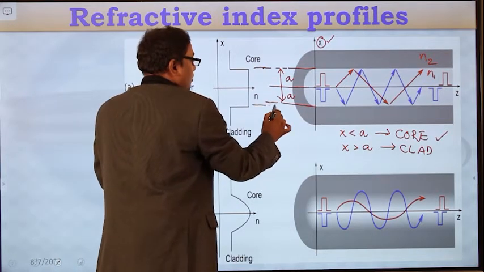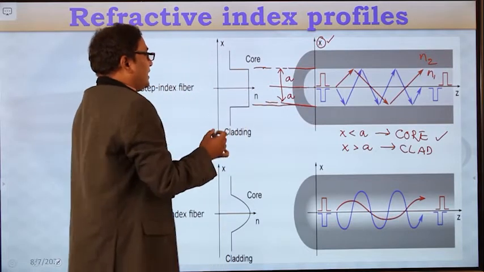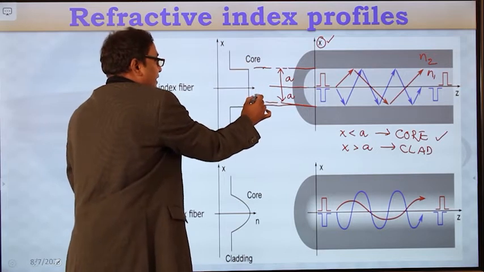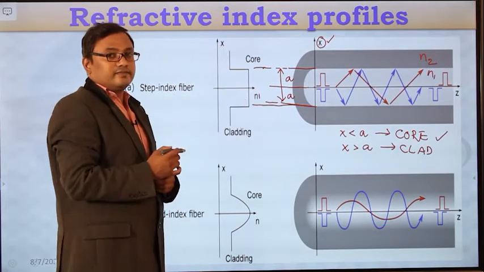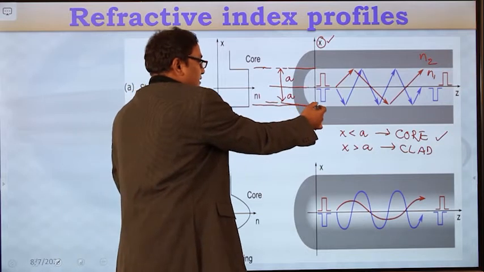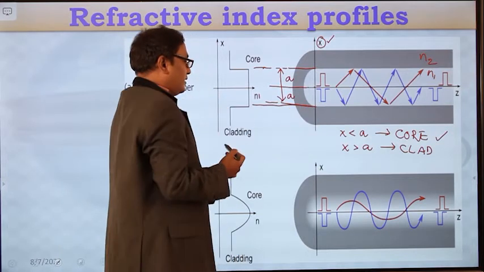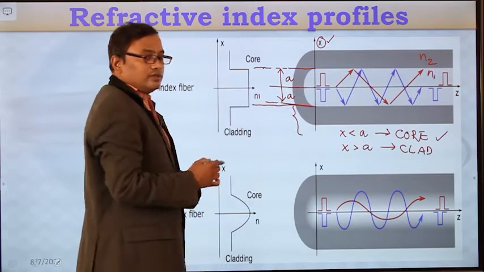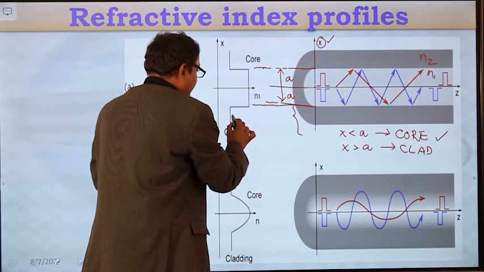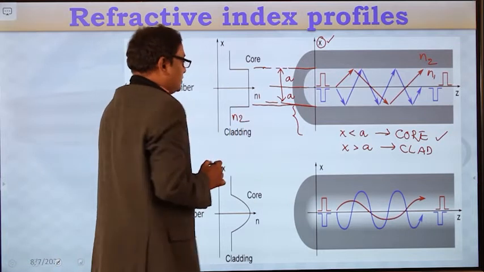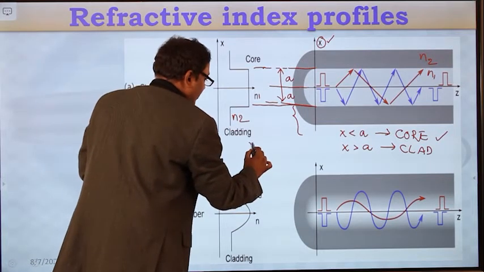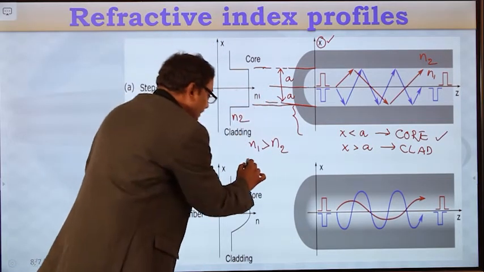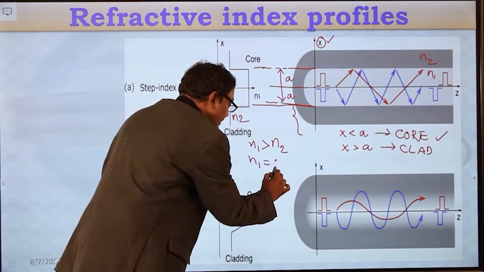So throughout this core, refractive index is constant, whose value is specified as n1 here. And whenever the radial distance crosses a, then that material is representing cladding medium. So for this cladding medium, refractive index is n2. So here this n1 is greater than n2 and n1 is constant.